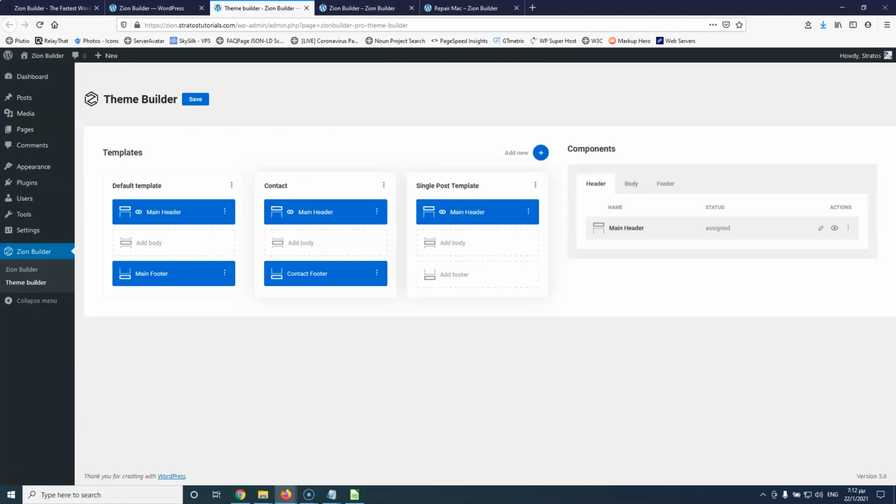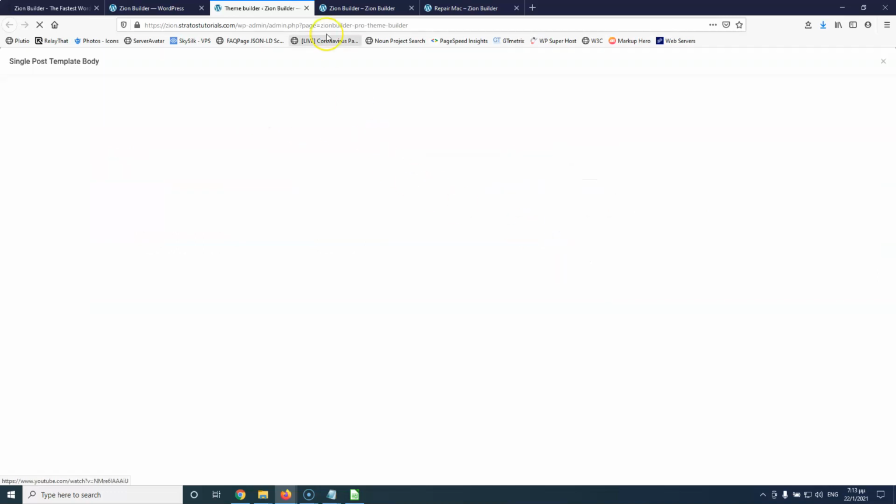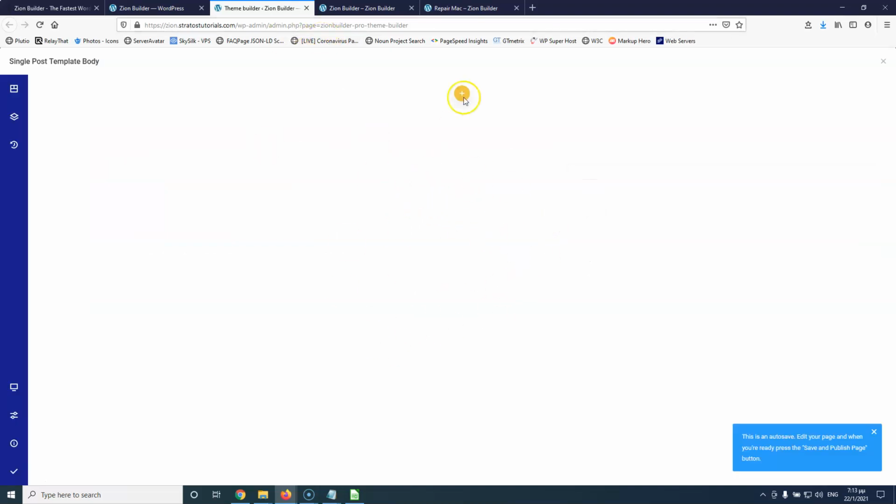So let's go here, and for the body I'm going to add a new template, single post template body. It takes the name that it has here, single post template, and then it adds the body word here. I'm going to save that and edit. So I'm going to create the main body for the posts. So I'm going to start by